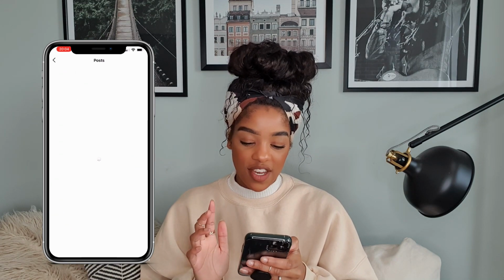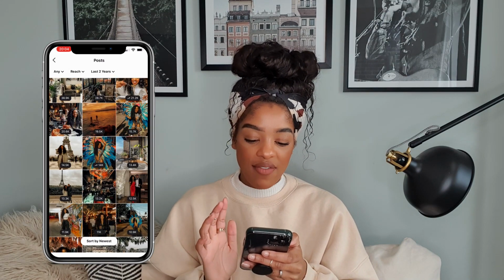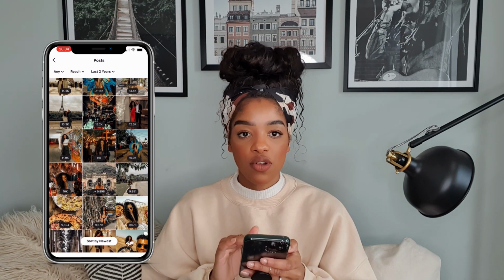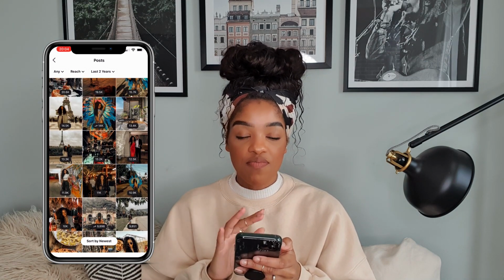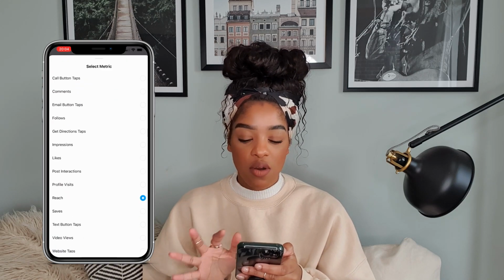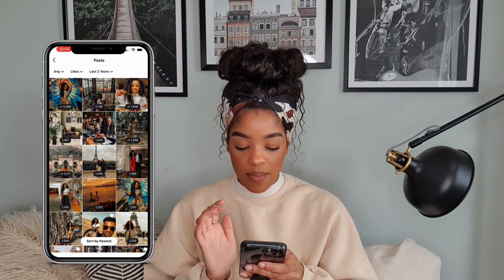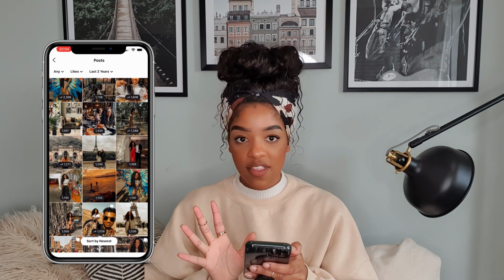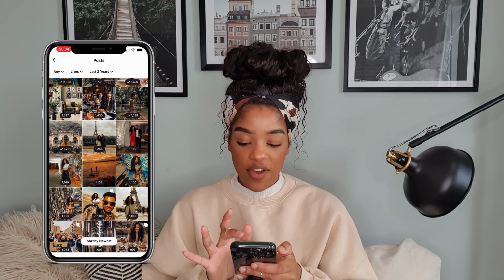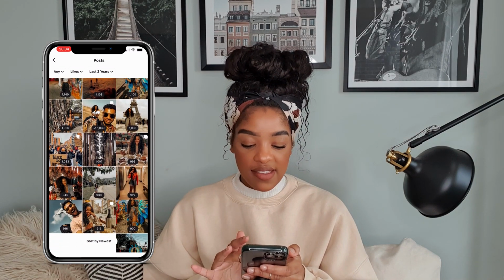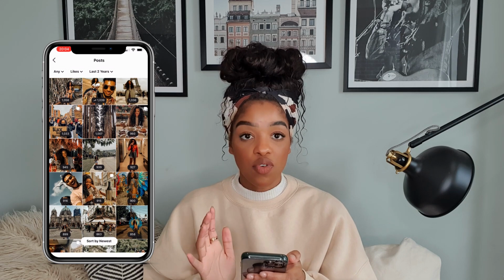I want you to go onto the content you shared, and then have a look at the different content, what comes up, because Instagram is going to order all of your content based on the reach figures or the follower figures or whatever you select from this drop down, right? So if we talk about likes as the metric you want to focus on, and I sort all of my content by likes, you can clearly see which of my content has performed the best.